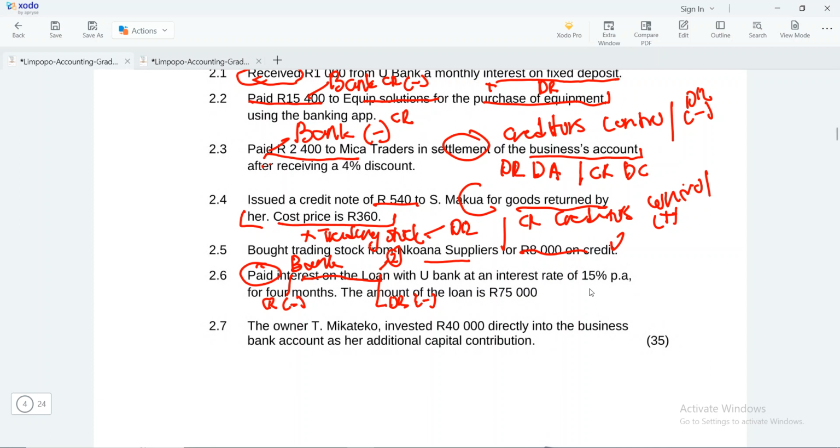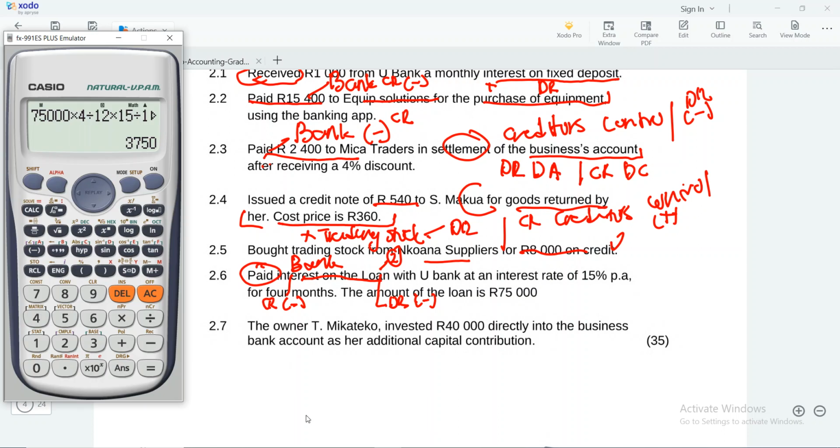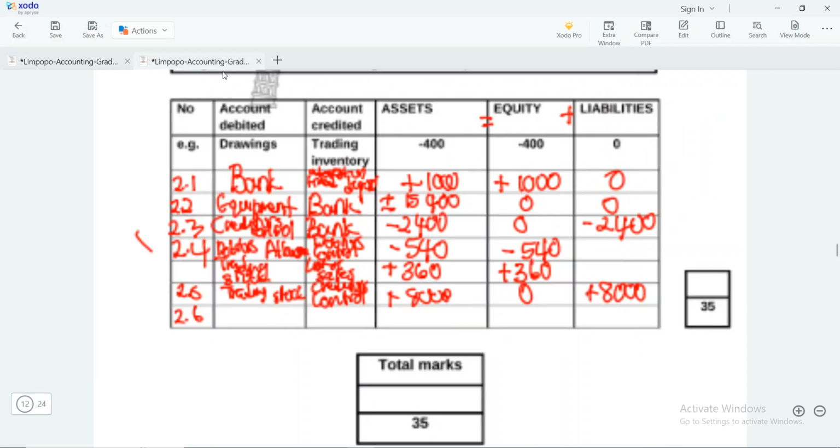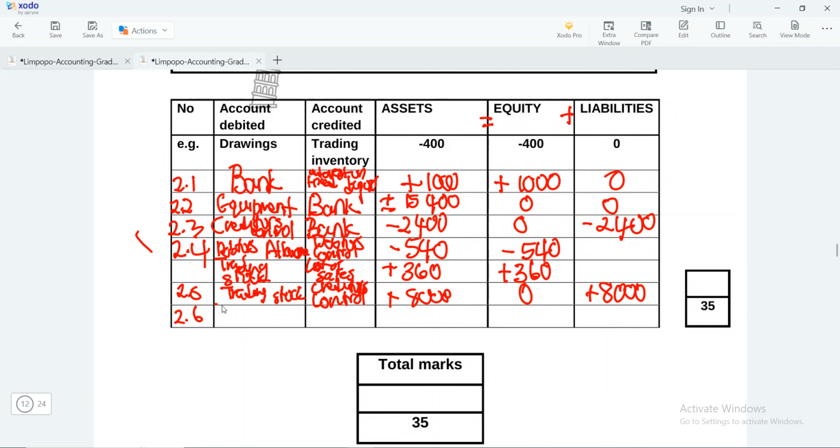And they're saying that the interest on loan is 15% per annum. It was for 4 months, and the amount of the loan is 75,000. So the calculation is 75,000 multiplied by 4, divided by 12, multiplied by 15, divided by 100, which will give us 3,750. So our account debited is interest on loan, and then we'll credit bank because we are paying using the bank, so it will be a minus 3,750 to our assets, and also a minus 3,750 to our owner's equity. Why? Because our expenses are going up. Okay, next,